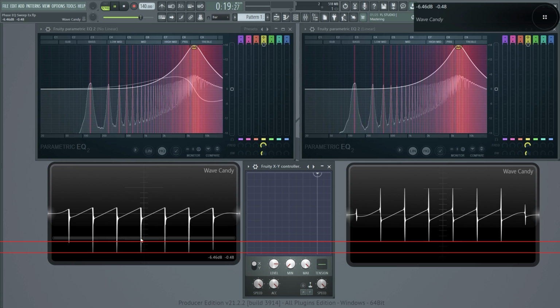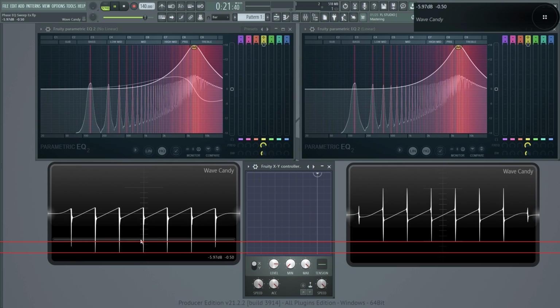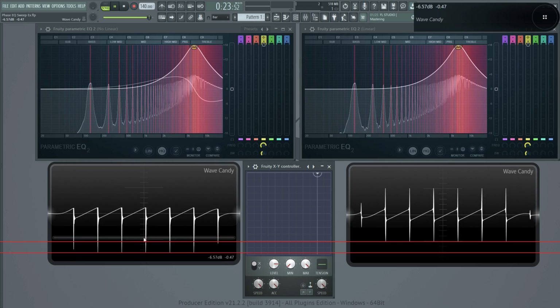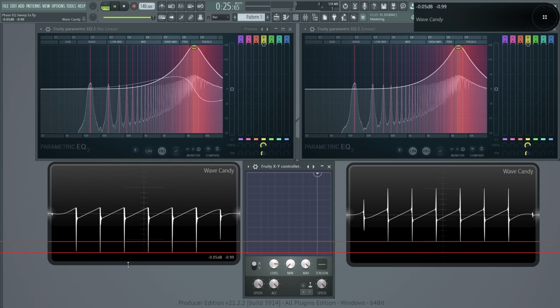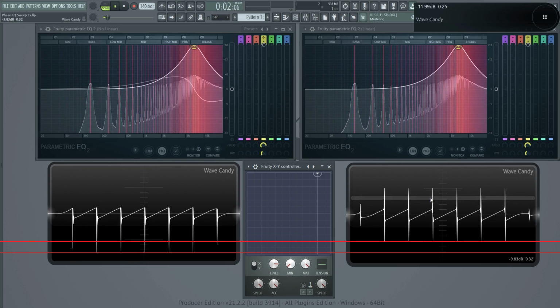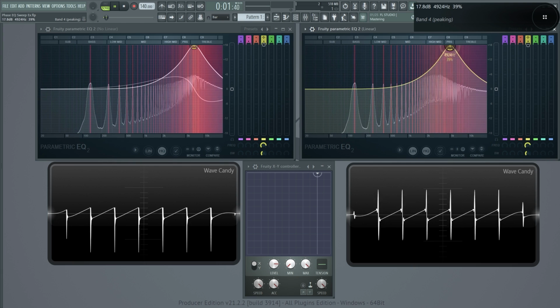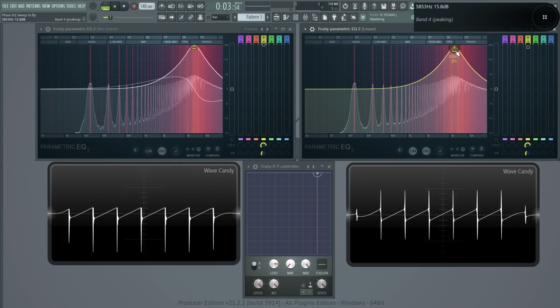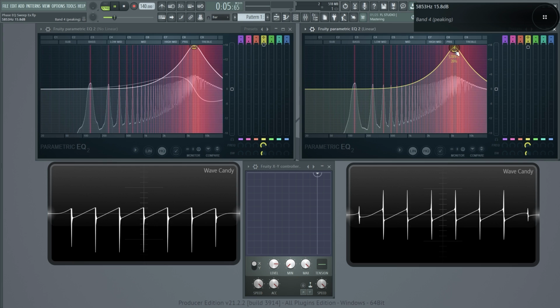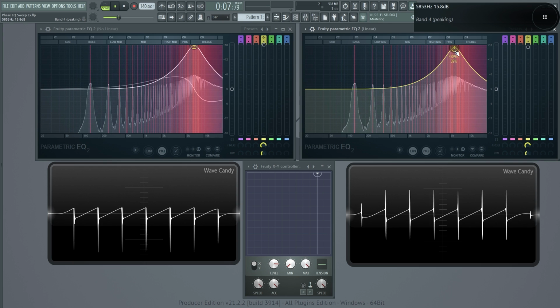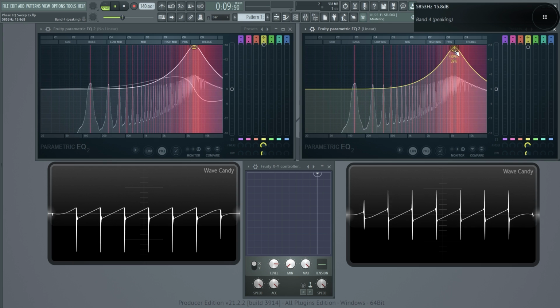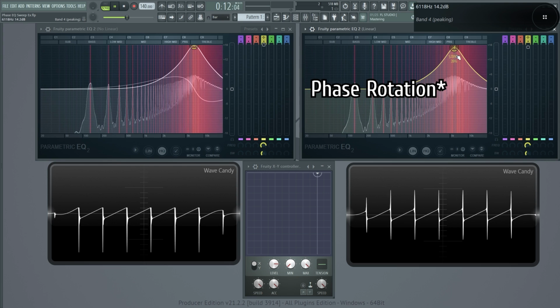Matter of fact, let's see. About 4 decibels, about 3.5 decibels worth of headroom can be fixed when you master your sound using the linear phase EQ. Just know that the linear phase mode does add a little bit of pre-delay to the play button. When you hit play, it just waits for a fraction of a second, just so that it could process the samples ahead of time, so we do not have this phase cancellation.